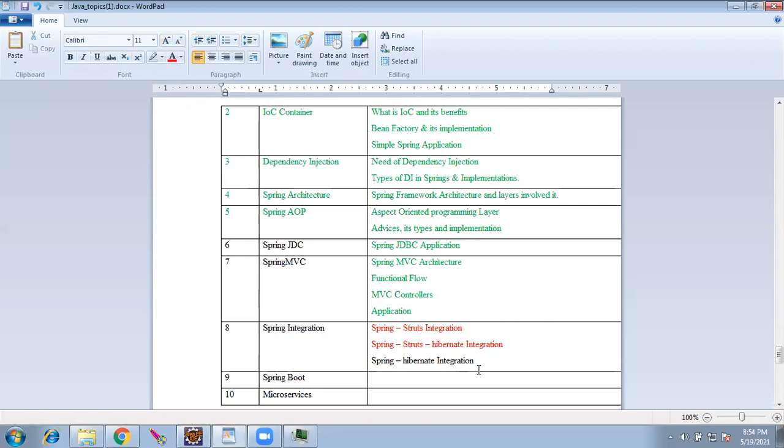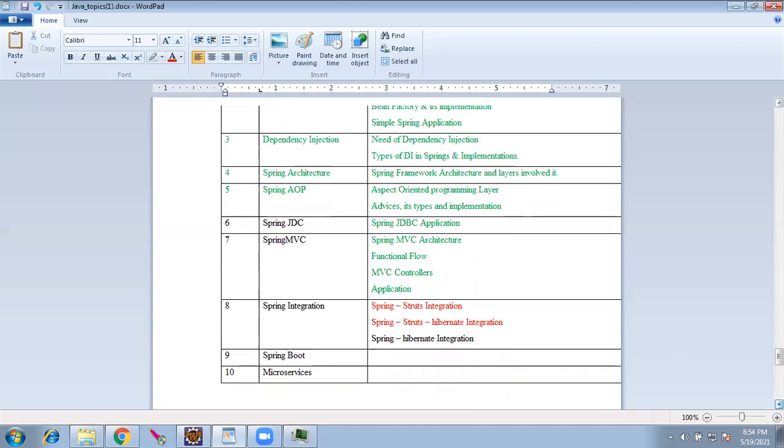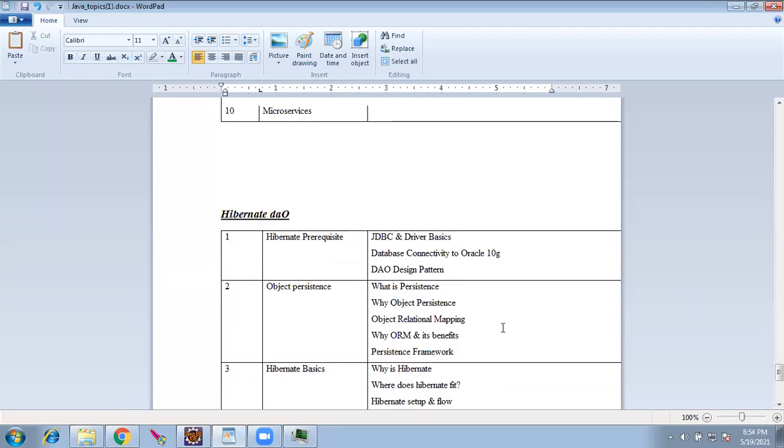Yes, when Spring MVC is there, no one goes to Struts. It is the same as servlet. It was servlet 2. We can call it the next version of servlet. Okay, Spring Boot, yes, I went on in detail. Microservices I'll not go through. It is a high-end concept for you. Detailed, went through.